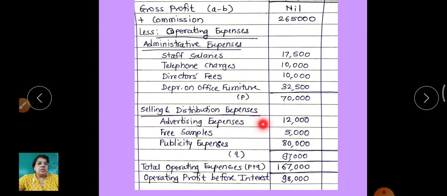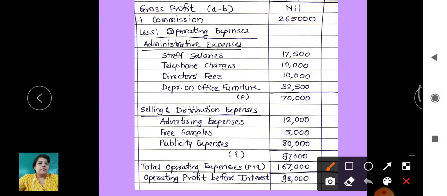Then selling and distribution expenses: advertisement expenses 12,000, free samples 5,000, publicity expenses 80,000. So total selling and distribution expenses are 97,000. Now we will make the total of admin and selling and distribution expenses, that is P plus Q. So total operating expenses are 70,000 plus 97,000. See, you can see here 70,000 plus 97,000, and the total has become